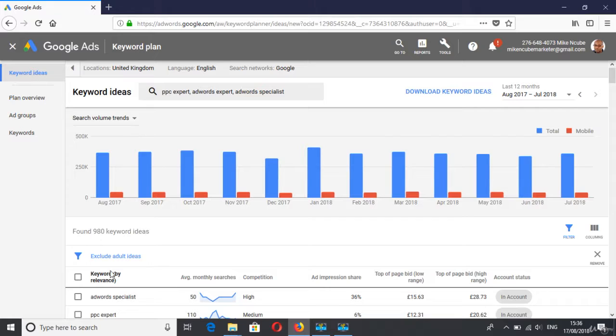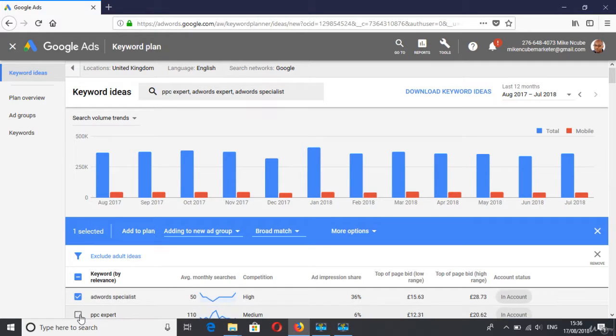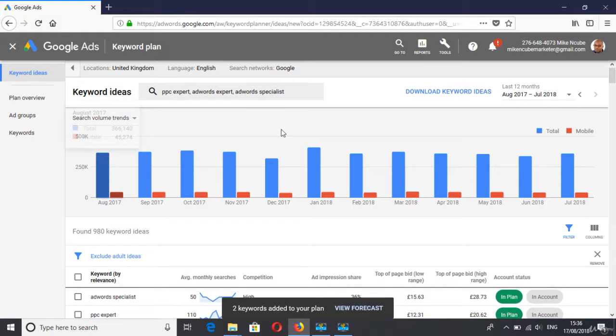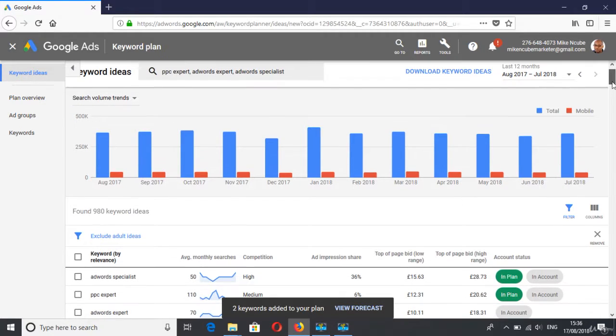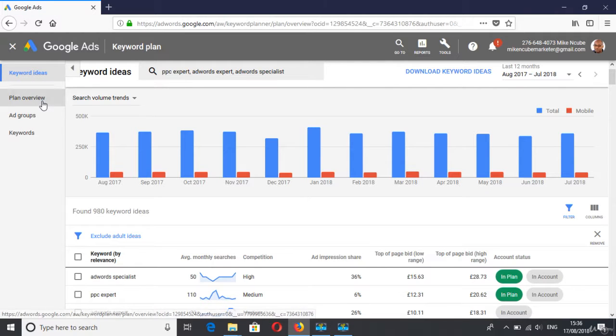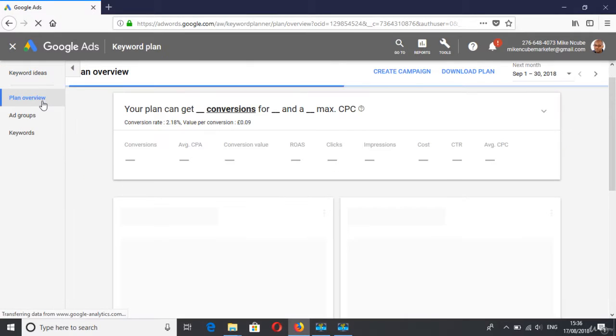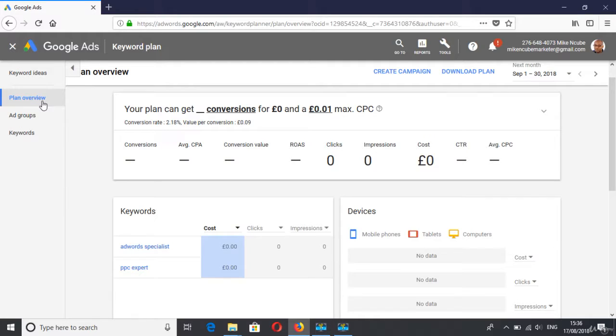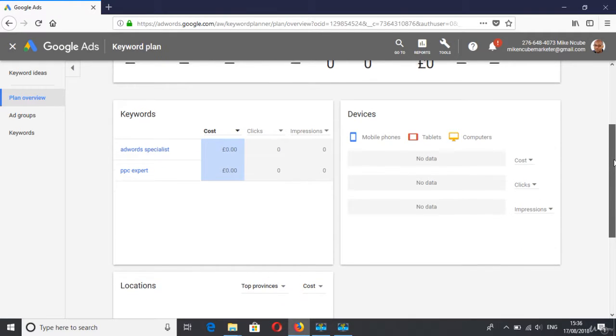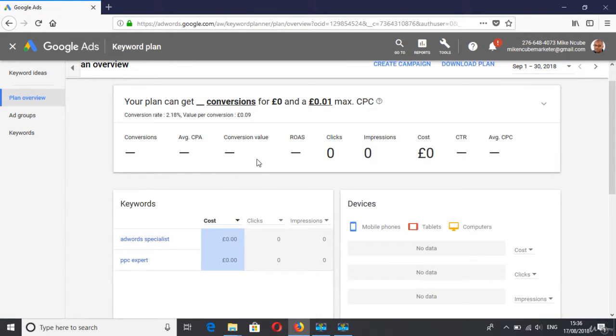And then if you want, you can click on each of them and add to a new ad group, or if you want, add them to a plan. So maybe later come back to your plan, and in this section we can see our plan overview that we've just added those keywords. It brings us over here and shows us some information about these keywords. Not a lot is showing over here, but if we go to ad groups,